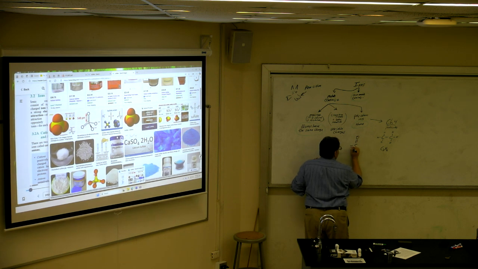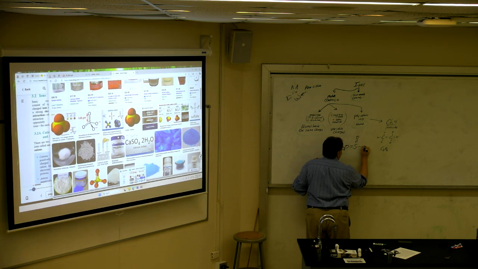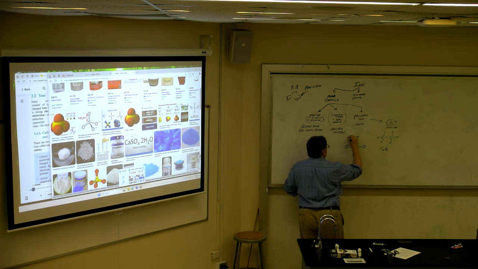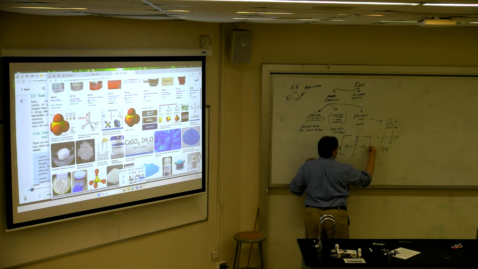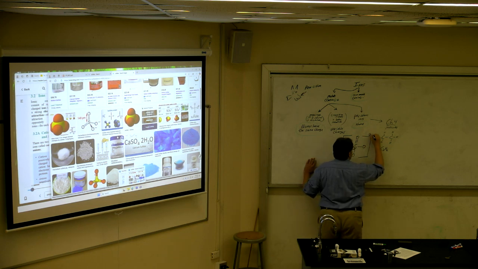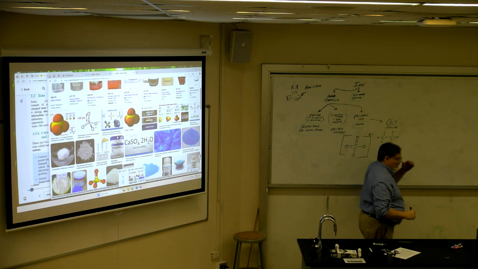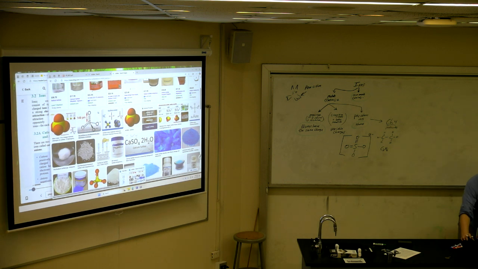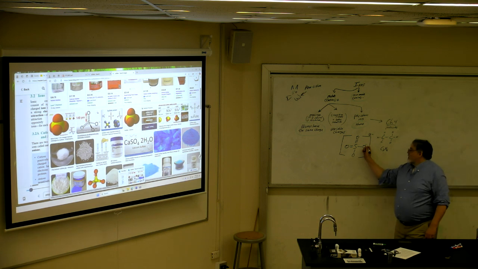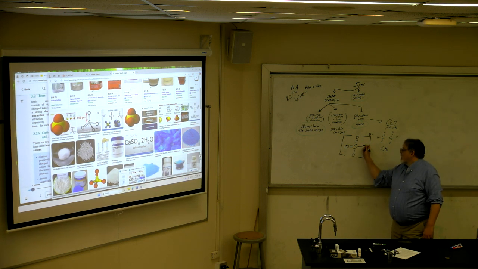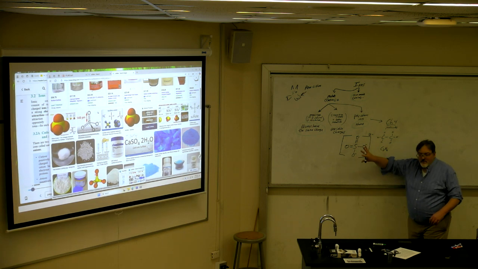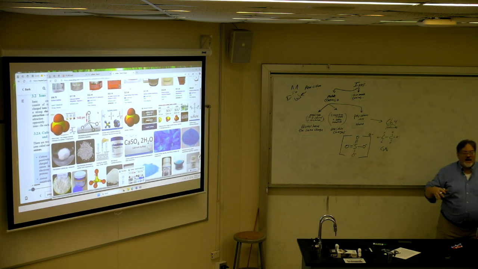If I drew, we usually put a bracket around it when we're putting a charge on it. So sulfate, I was looking for this picture, make sure I got the bonds right. So this ends up being a little negative over here, a little negative over here, 2 negative spots overall. That molecule, AKA polyatomic